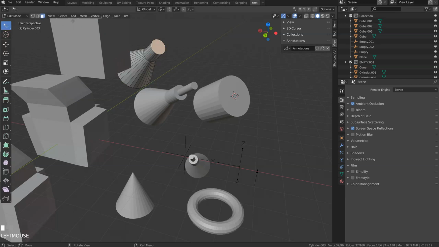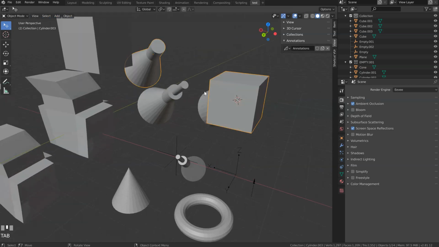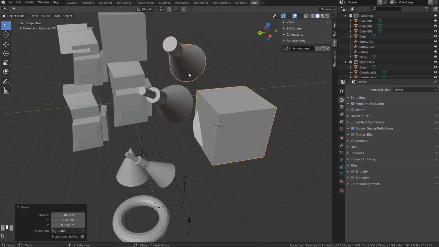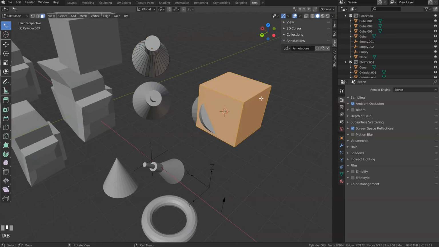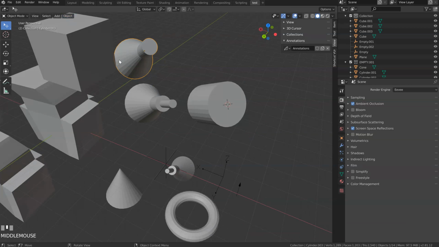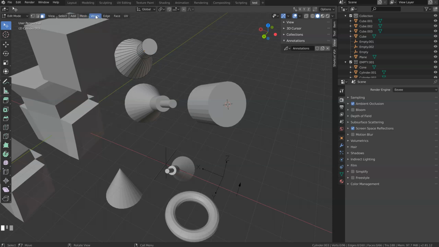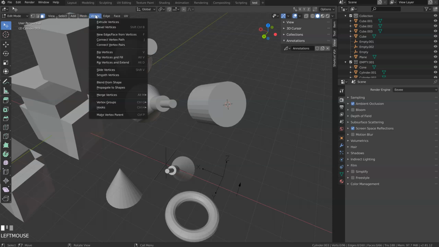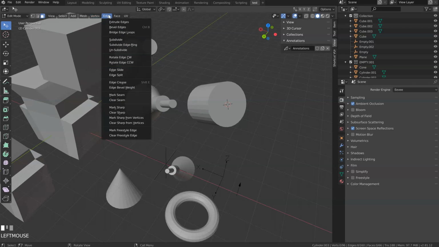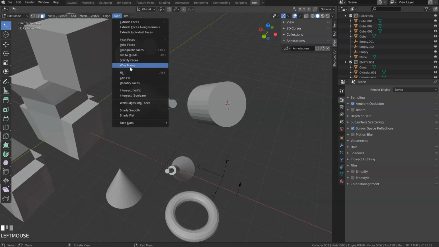So in edit mode, same, you will have view, select, add, to create another mesh in edit mode, and if I add it in edit mode, as you can see now, this is one and only mesh. So after you can go in edit mode, press X and delete faces, and you get rid of this one. So Tab to go in edit mode, you will have the mesh for some possibilities, transform, rotate, etc. The vertex to add some tool in vertex mode, to get rid of the vertices, to merge vertices, to create a hook on the vertices, etc. Edges, same tool for edges, and face.